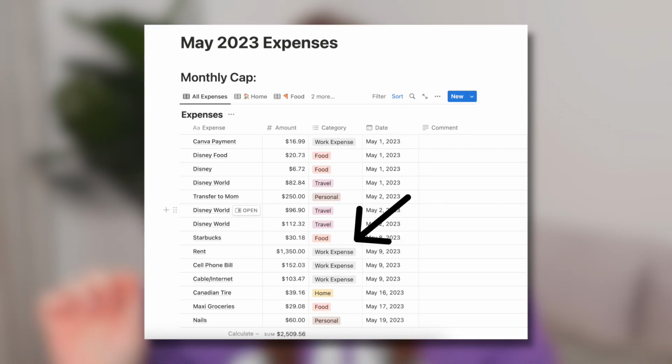So for that reason, I definitely urge you guys to track every single penny of money you are earning and every single penny you are spending, and also put it into categories. Over in my Notion template, I tag it every single time it's a work expense so that when I file my taxes, it's so much easier to put it all together, calculate it, add it all up, and then claim